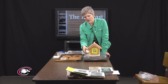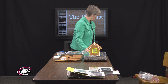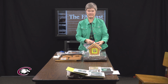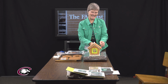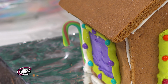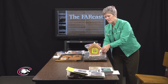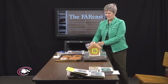I like to cover all the cut surfaces. So I would cover this one, I'm going to cover these corners with candy canes. One of my favorite go-tos, you're asking. They cover the whole side of the corner of the house, and they're cute. They curve outward, and they cover the cut edges. Sometimes people don't feel like they have to cover all the cut edges like I do, but to me